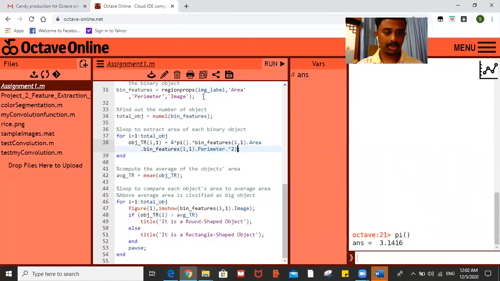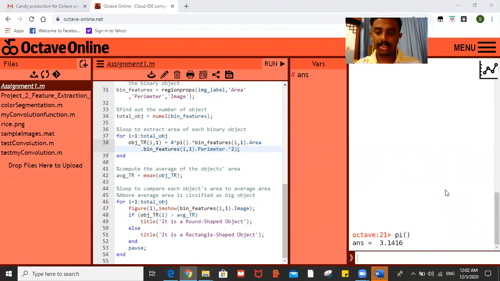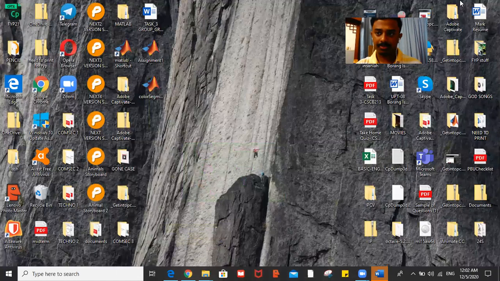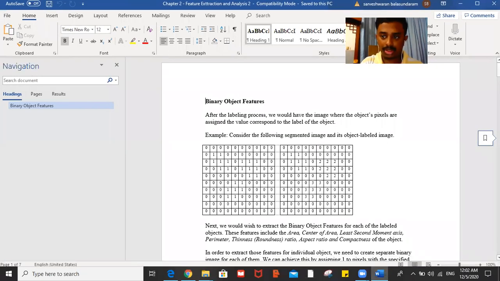So to extract, to compute, I have to use this. Why do I have to use this? As I've learned, T equals T is basically what we are using. So basically, in my words here, I have to wait for a while. Okay, in my binary features, I have to use the thinness ratio. For the thinness ratio here, I have to